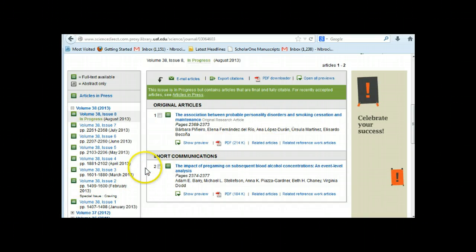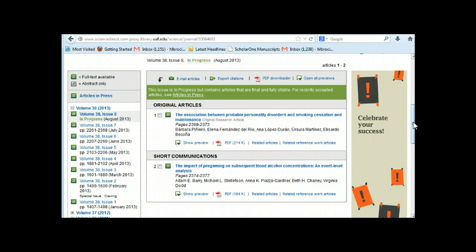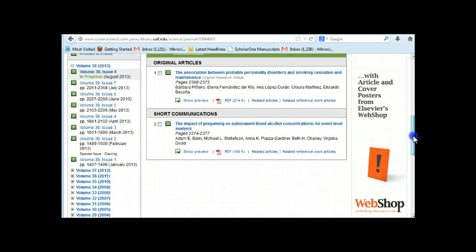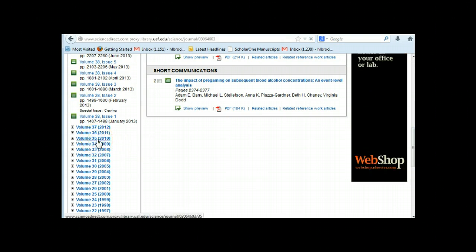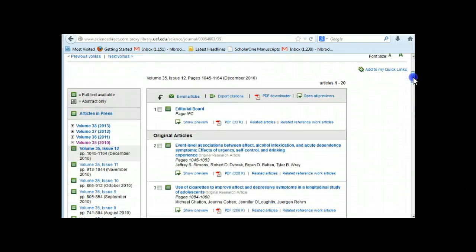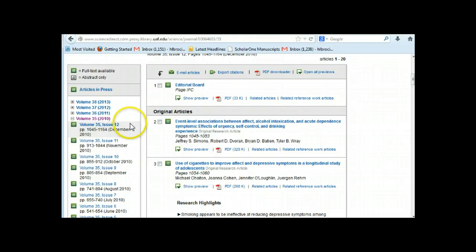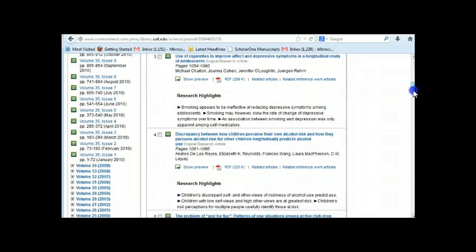So we remember at this point the volume and the year for our article, and that will help us locate it. So I believe our article was in volume 35, and you can see volume 35 is related to 2010. So we'll click on that, and that should drop down several options for locating it through the issue. And I believe our issue was 12, so that is the first issue that's pulled up, and it lists all of the articles here. So we scan down,